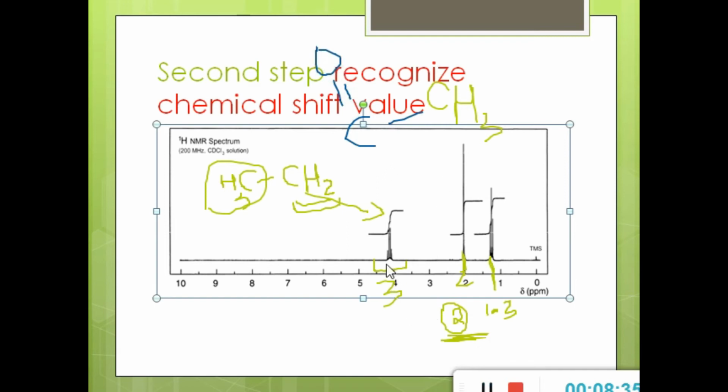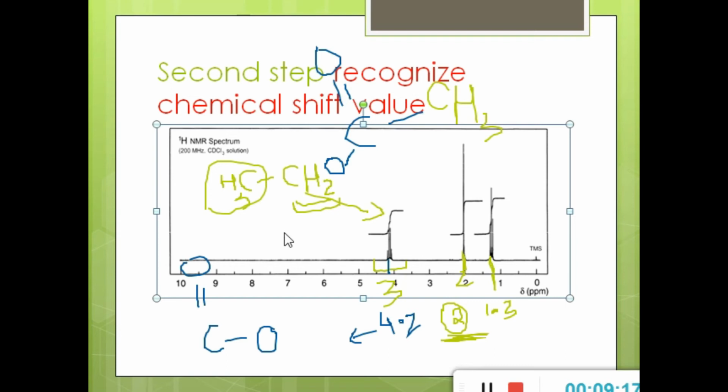So let us see our quartet that is due to the methylene group. This appears at about 4.2 ppm. It is very clear now, as if you go to the literature and look up the chemical shift values, you can easily find out that 4.1 to 4.8 ppm values are due to the ester group. So this group is the ester group. When the carbonyl group is attached with the oxygen, then that group is called an ester group, as you already know. So it means that our CH2 group is attached with the ester group. So this is the compound.